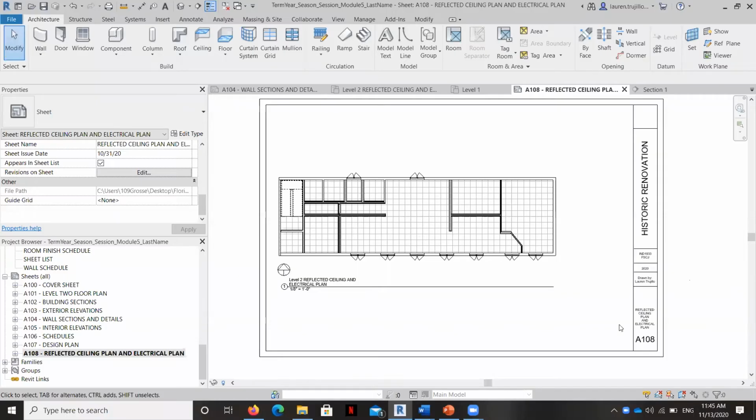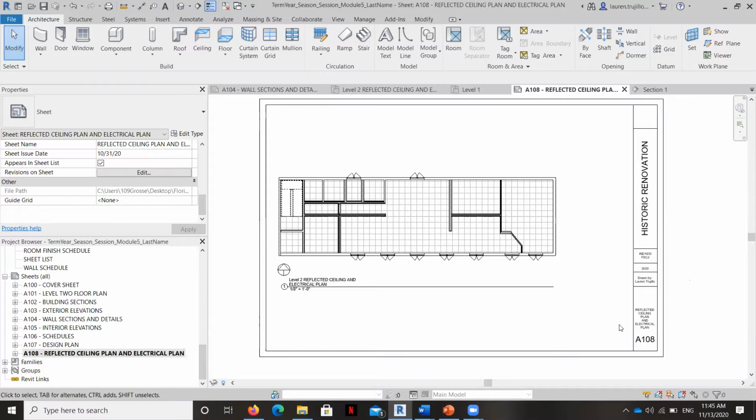In this video, I'm going to teach you how to create two different ceilings in a single space. And this is a really important skill because it's common to see within, for example, a living room or a large meeting space or office, several different ceiling types at different heights.